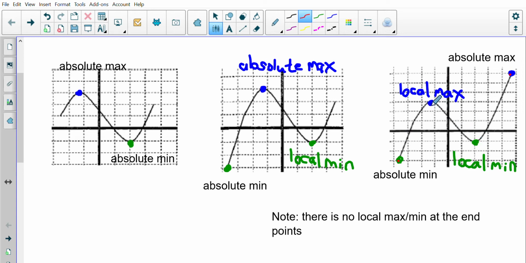Now the key is, the endpoints are going to be given, but how do we find these local max or local mins? Well, we're going to find the derivative because it's the function for the slope of the tangent. And these local maxes and local mins, and this is the key here, have the slope of their tangent at that point be a flat line. In other words, the slope of the tangent at a local max or a local min is equal to 0,